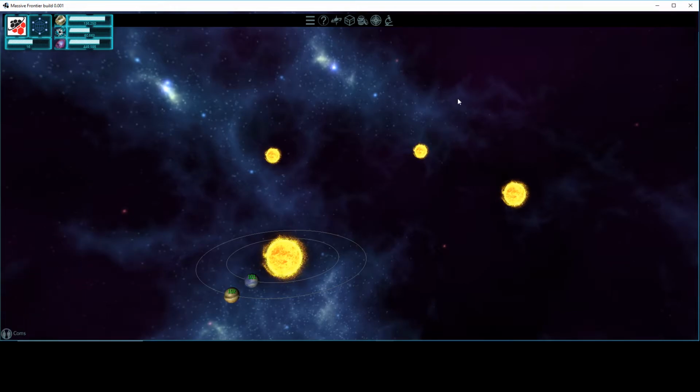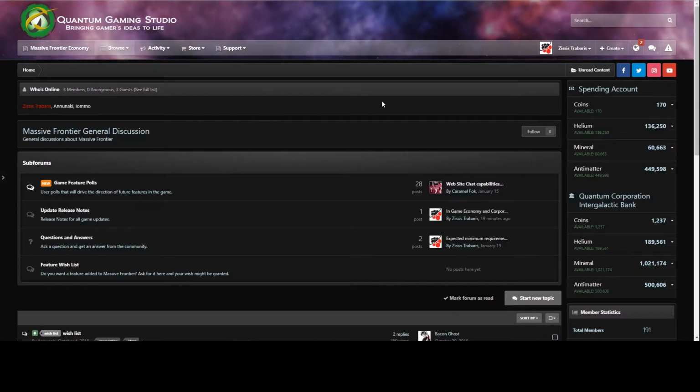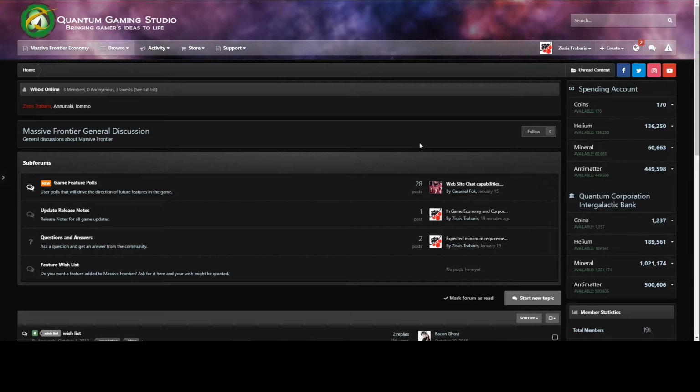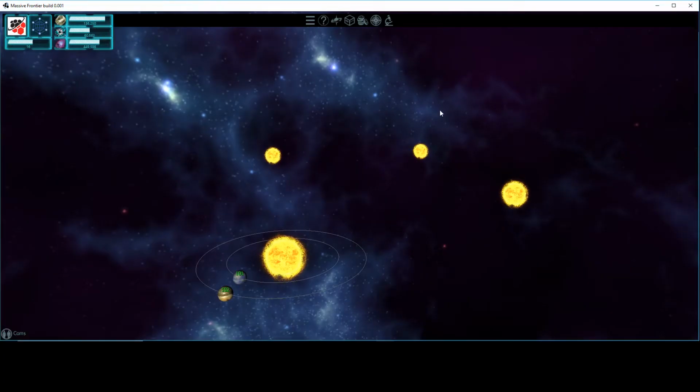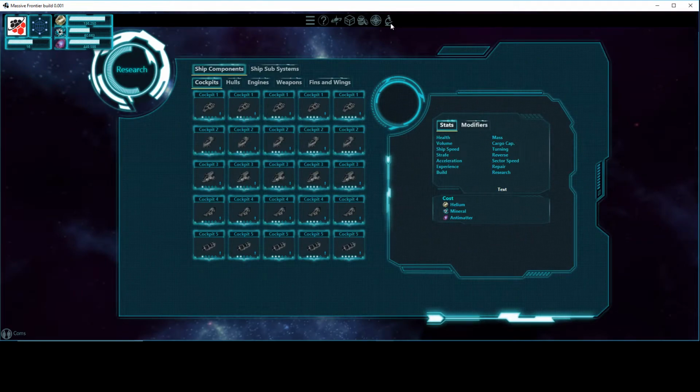Now, what I've also done is logged into the actual website, because later on we're going to see how this website is going to keep track of everything I've researched in the economy system and how they're totally interconnected in real time. Going back to the game, if I click on research, what I'll see is a screen that provides